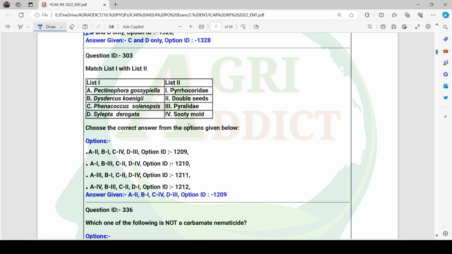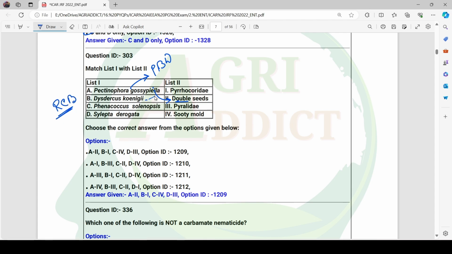Next question, another matching, that is Pectinophora gossypiella, that is the famous pest, pink bollworm of cotton. It is the pest of its main characteristic feature is double seed formation. So A2. Then Dysdercus koenigii, that is RCB or red cotton bug,